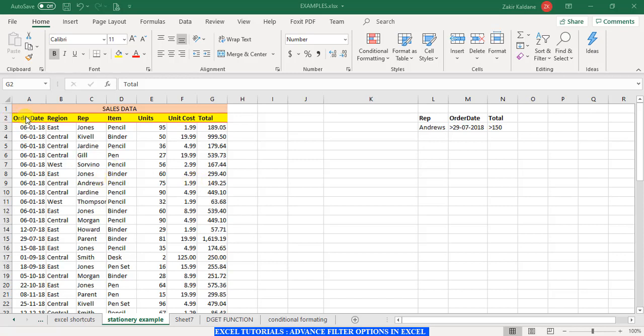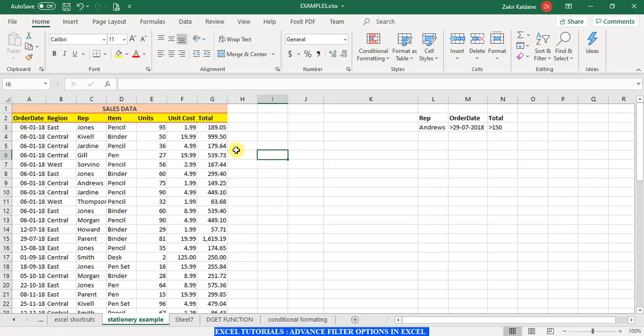In the old filter options, we had to select the data and go to the filter options, and we can view the filtered data at the same place. If we need to copy it somewhere, we have to copy that data manually to some other place or other sheets. But in advanced filter options, we have the flexibility of having the data at another place. Let us see how.